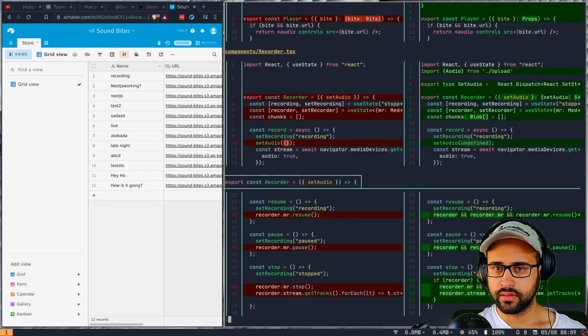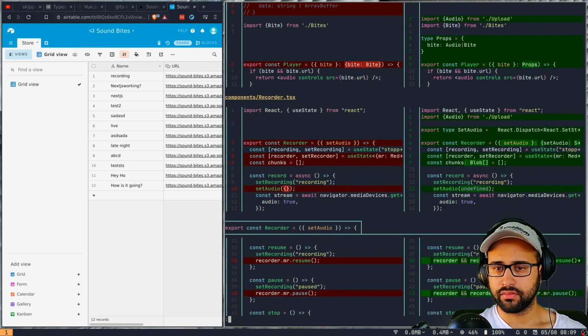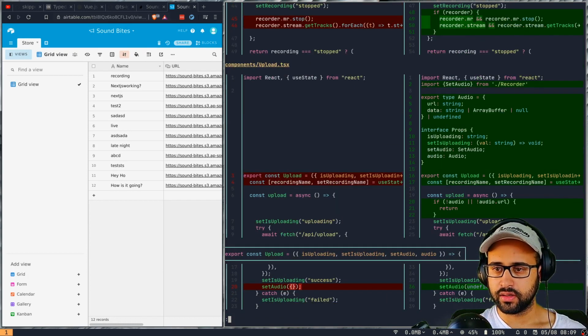Then we have a player where we explicitly did this prop again, like I think we just did audio or bytes, so that is a different thing, and then also typed out everything else as well, so set audio, things like that, and the chunks as well.